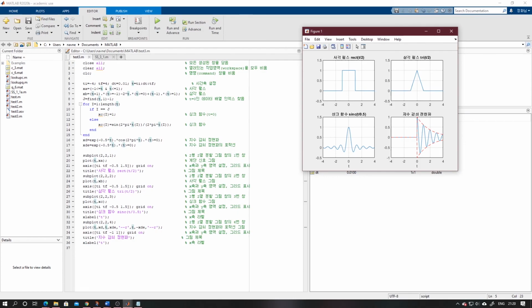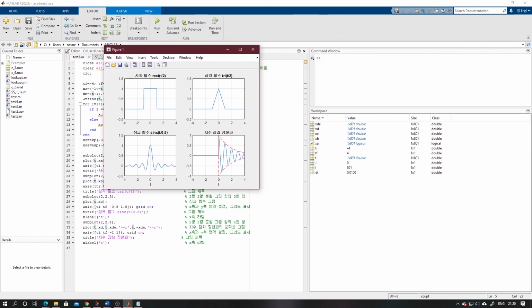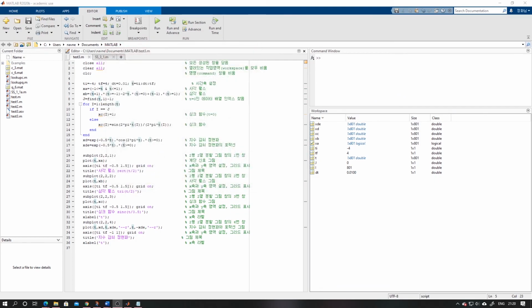For your easy understanding, I already coded the entire program, and I will just explain it to you line by line and how this entire output is generated. As usual, first we have to close all the windows, then clear the workspace, then clear the command window also.